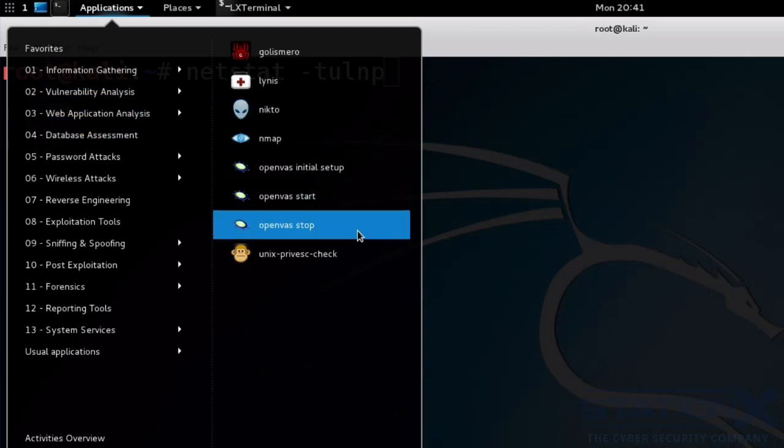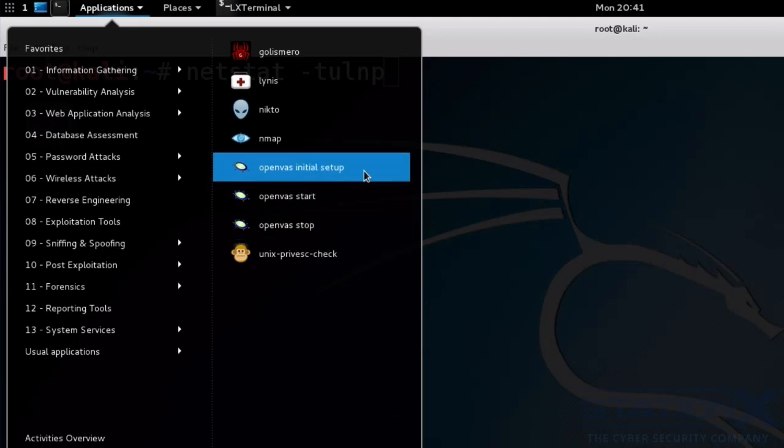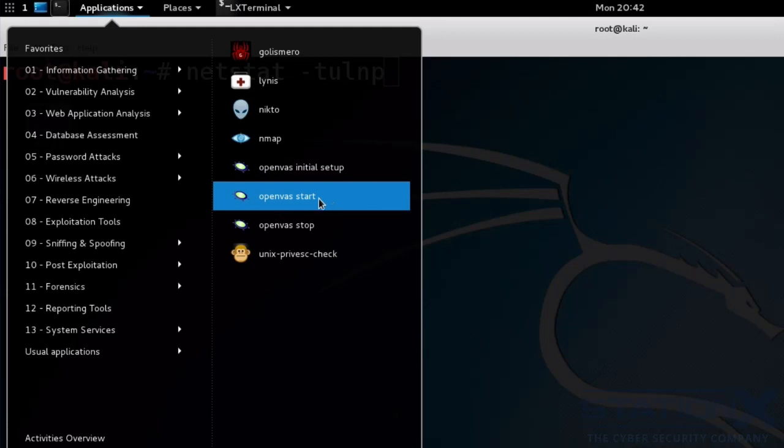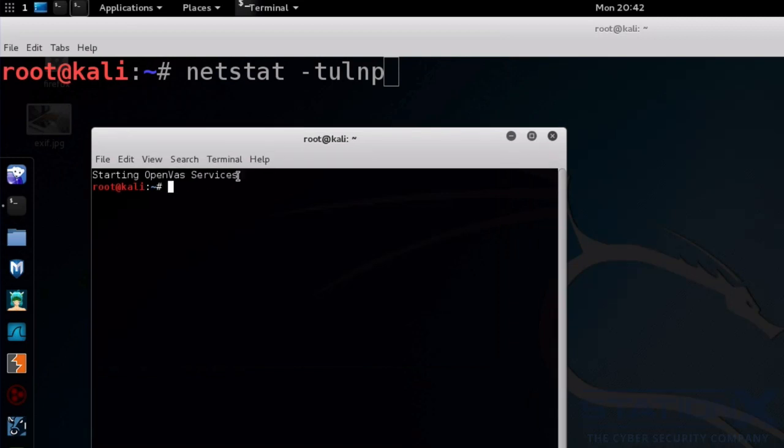and you can see these 3 options here. If it's the first time that you have run it, then you need to run this initial setup, follow the prompts, set it up for it to start working. You shouldn't have any problems. It tends to work fine. If you do have problems, then do a search to see what that problem might be, but generally it should be fine because you're using a standard build, and then just start the service. So that's starting. It can take a little bit to start,